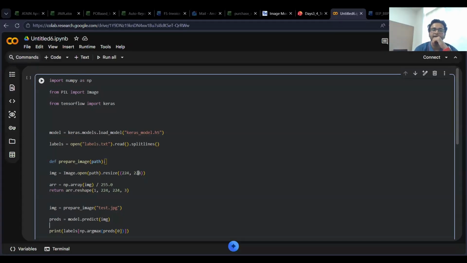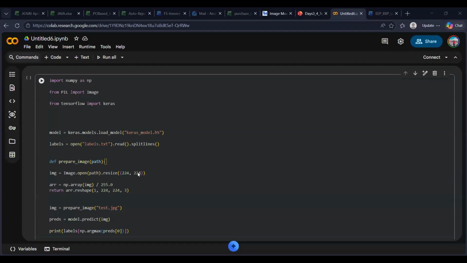So similarly, NumPy, PIL, and TensorFlow are libraries from where I can import whatever function I require, or in this particular case, we can import the models that we need, right?